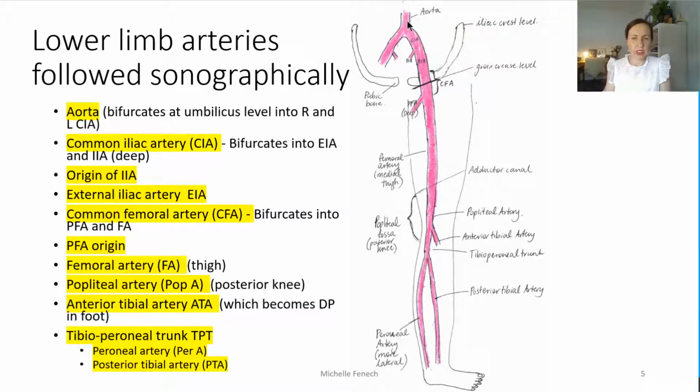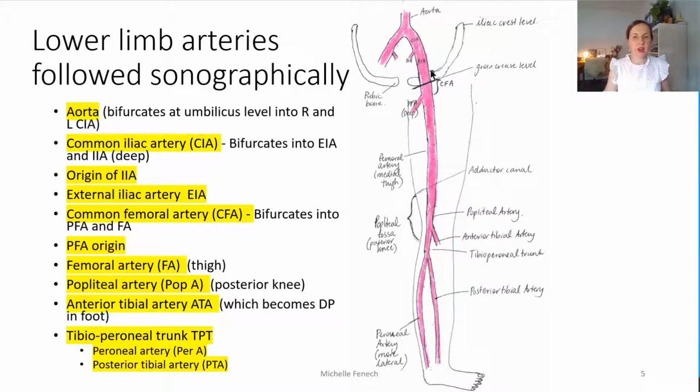We have our abdominal aorta here, which bifurcates at our belly button level. So if our belly button sits in the right spot, about there is where our aorta comes down, and then it's going to divide and go out either side into our pelvis, into our right and left common iliac arteries. It gives off an internal iliac artery, which runs more posteriorly and medially, and then we have our external iliac artery, and that travels down to about our groin crease level,